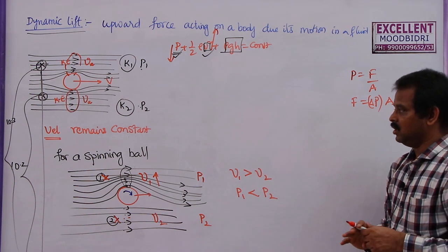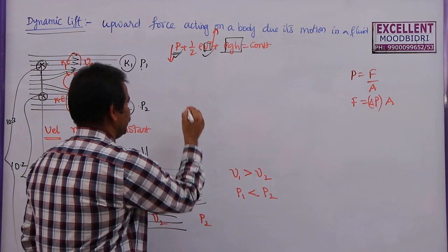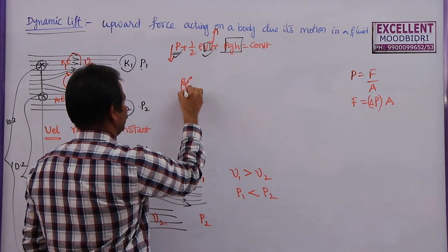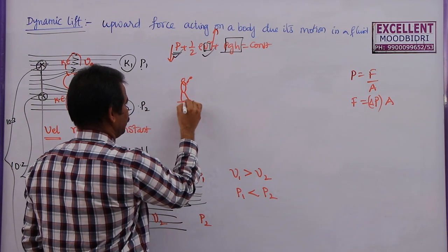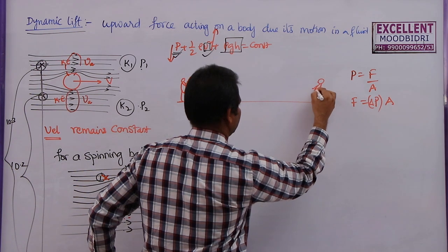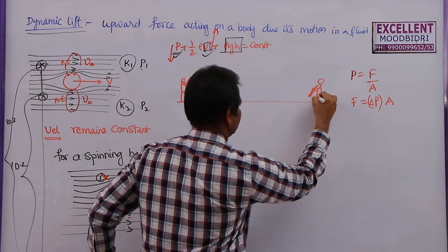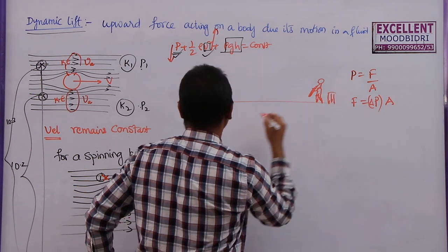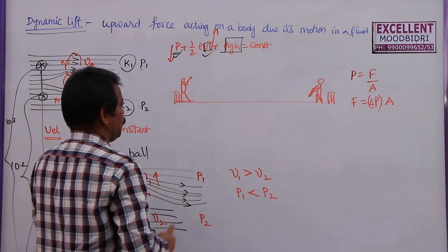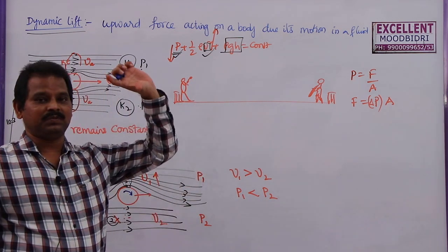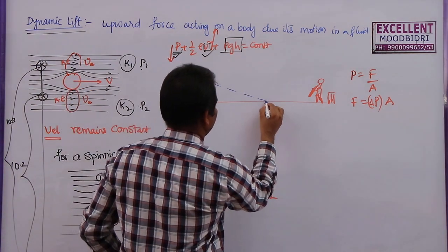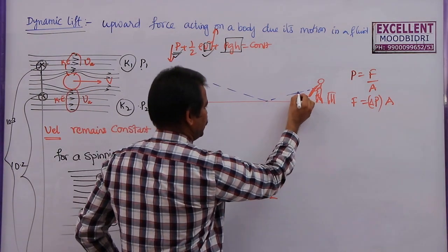You can see this in cricket, especially when spinners are spinning. So this is the bowler and he is bowling this one. When he is bowling from this crease, this is the batsman who is facing this. Here, generally, if the bowler throws this ball without spinning it, if he just releases it, it will go like this and it will reach the batsman in this direction.